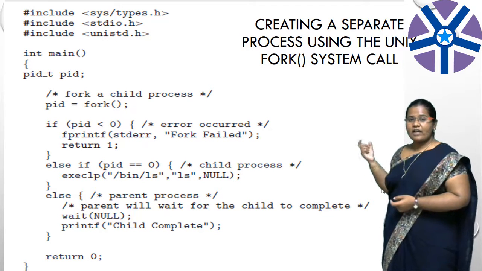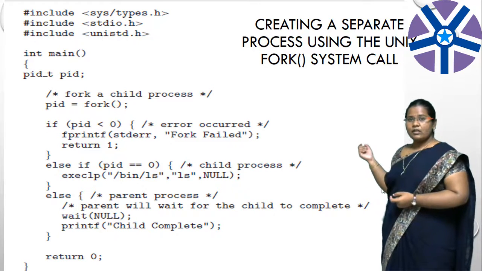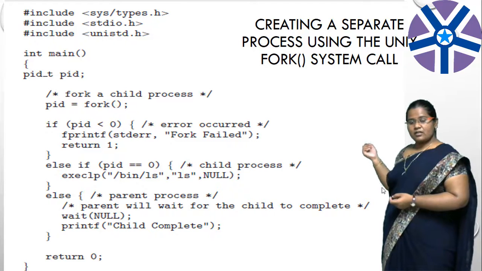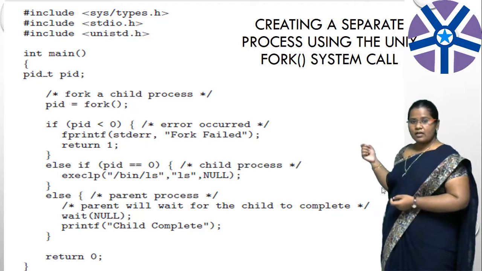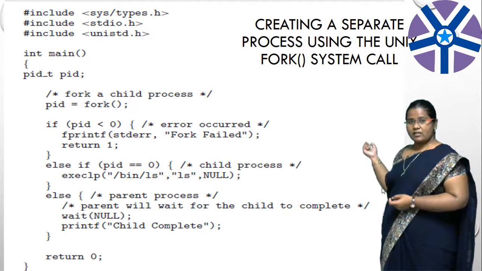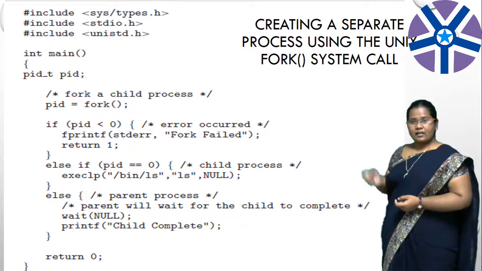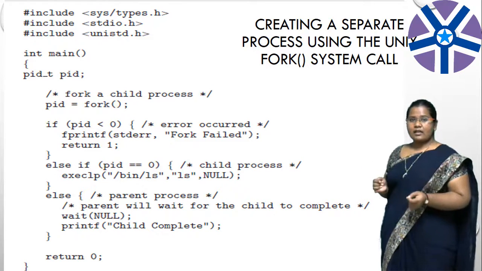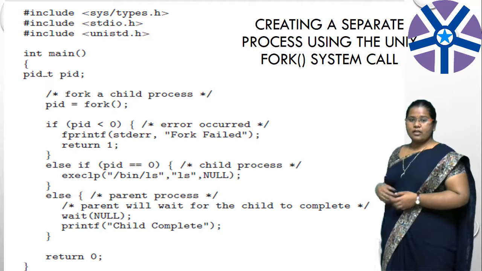First, the if condition is checking what value was returned by the fork system call. If it is less than 0, it indicates an error in creating a child, and the error message can be returned to the user by using stderr. Here stderr is a file which consists of a number of errors and their error codes. This error code will be returned to the user. Along with the error code, we are returning a fork failed message to the user.